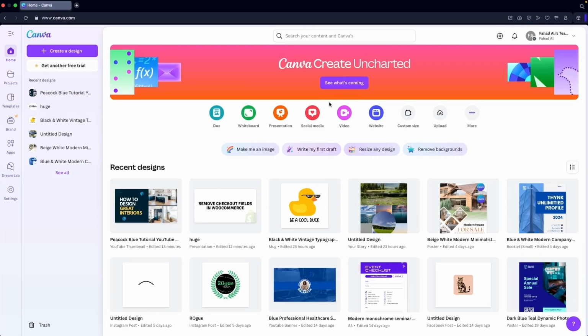Hi everybody, today I'll show you how to design a banner in Canva. So let's just begin. To design the banner in Canva, you can simply search for